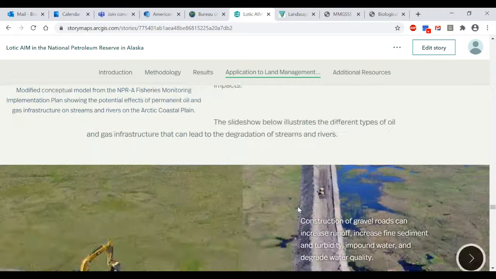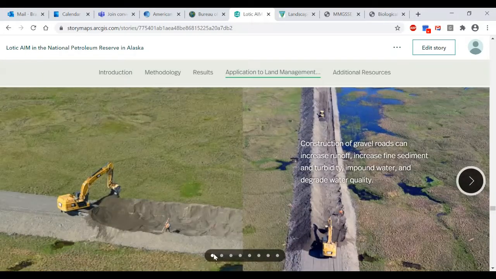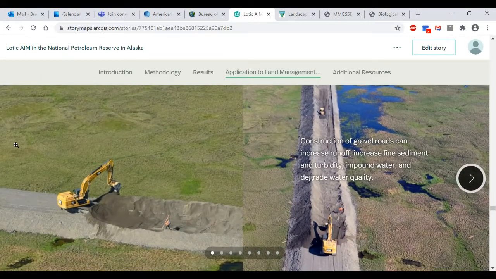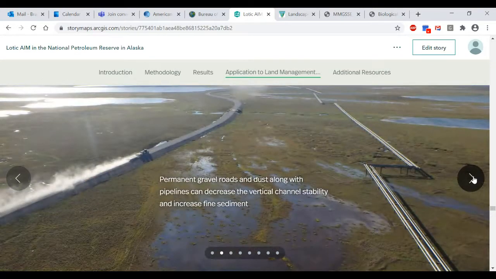And so we added the slideshow in here to kind of highlight or show, well, what is the infrastructure we're talking about? And there's quite a few components that go into it, and it requires construction of gravel roads from the drilling pads to all the different areas throughout the development areas, and the permanent gravel roads, the dust associated with those.